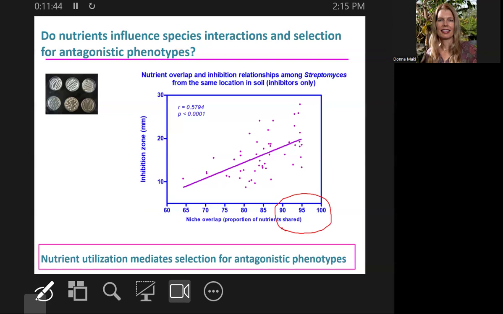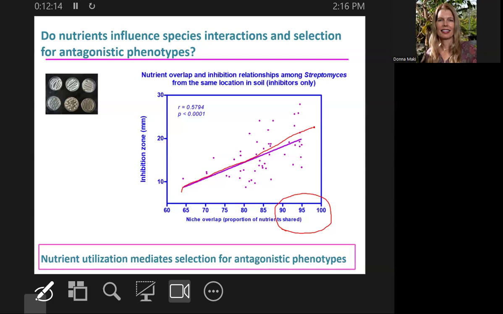So they were assessing what kind of carbon sources these microbes use. Do they all use the same kind of carbon or different carbon? There are ways to test for that. There are very simple tests that you can do in the lab in order to do this. And you can see a pretty nice and highly significant correlation here where if there's significant niche overlap, you get